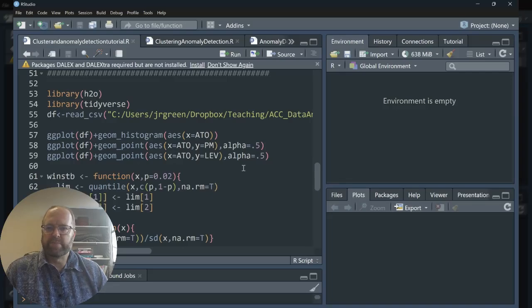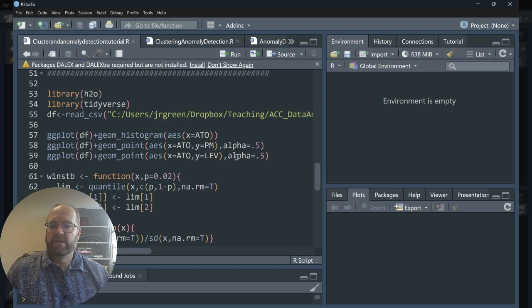Let's walk through an example of clustering and anomaly detection. The code is available in the text. It's basically copied from the chapter. I've added a few things to explore it a little bit more here, and there's a link to the data set that I'll be using as well. This data set comes from companies and it has three different industries with different levels of profit margin, asset turnover,